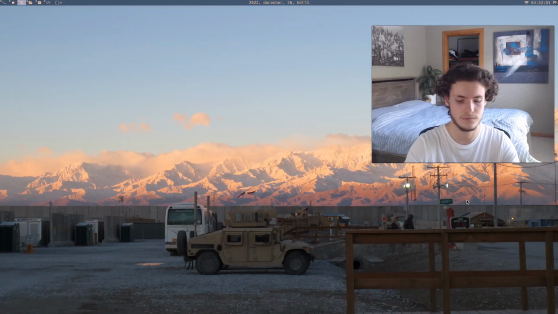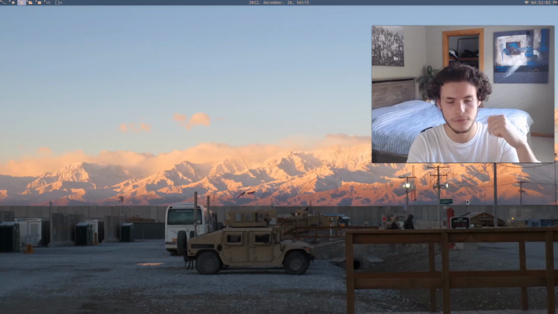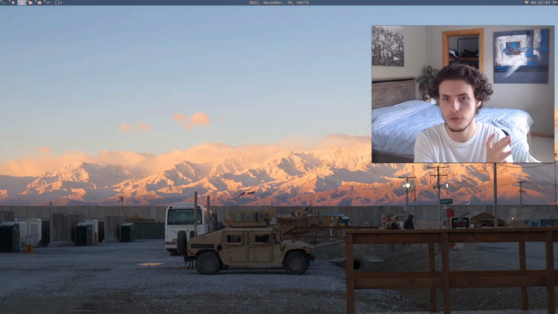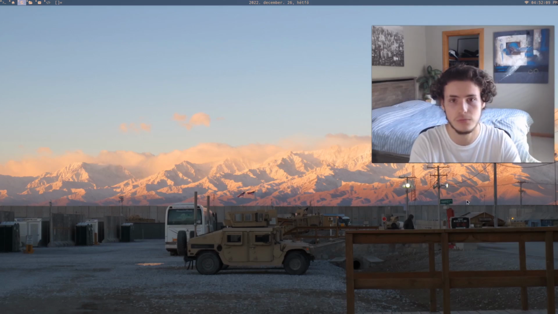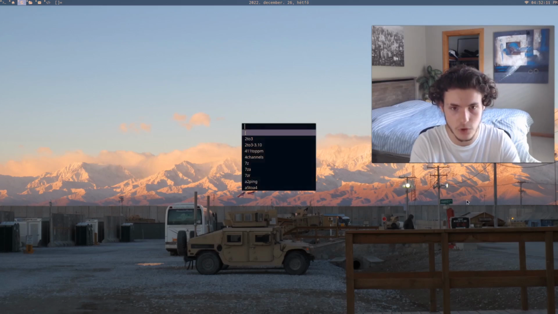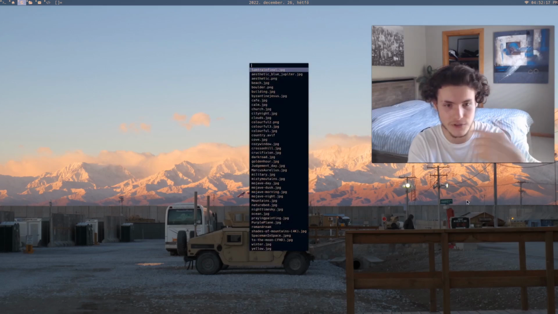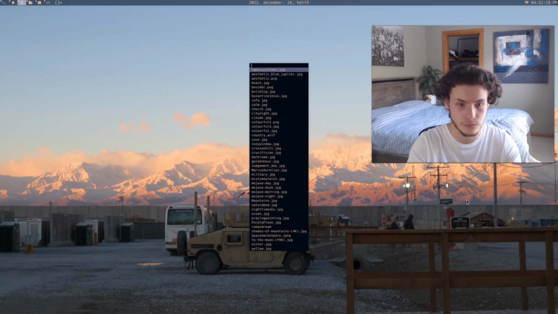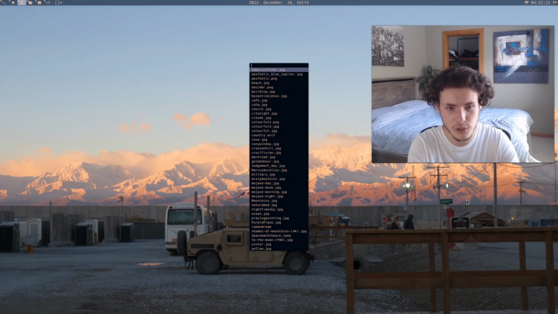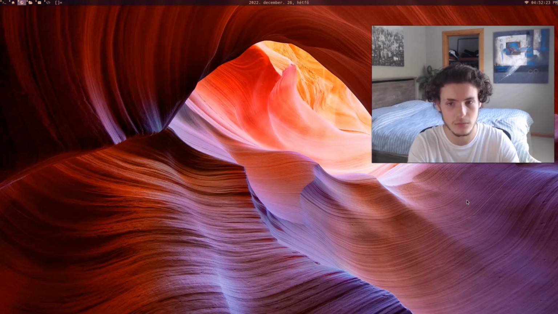Yo, what's up guys? Today I'm going to show you how, with 2 lines of code, you can change your wallpaper on the fly with just the menu. For example, all I have to do is open up the menu and type in LLP, or technically the program is called wallpaper, the script. I get a list of wallpapers, and let's say I feel like cove.jpg, and boom,